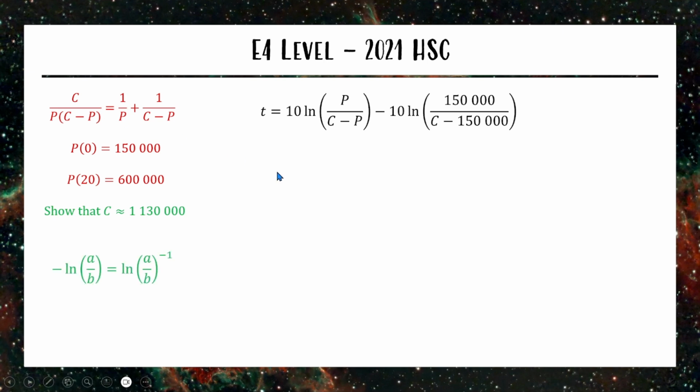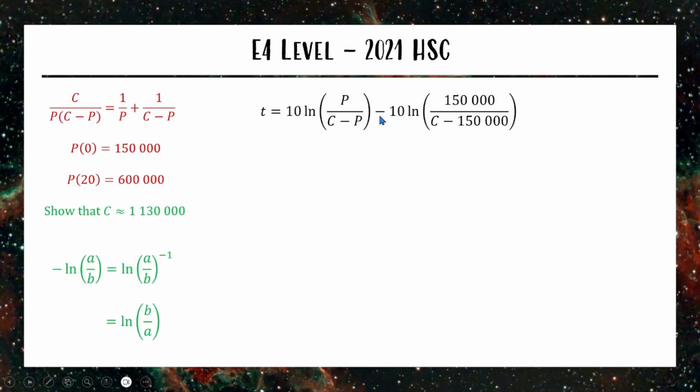Before we do that, we can use a little trick to make the right-hand side a little bit easier to deal with in terms of algebra. It's useful to know that when you have a negative out the front of a log, you can use your reverse power rule and just put it up into the power and write this as log of fraction to the power of -1. A fraction to the power of -1 just does the reciprocal, so this turns into log of b over a. So this is going to be useful because for the second part here, where we have the minus out the front of this,